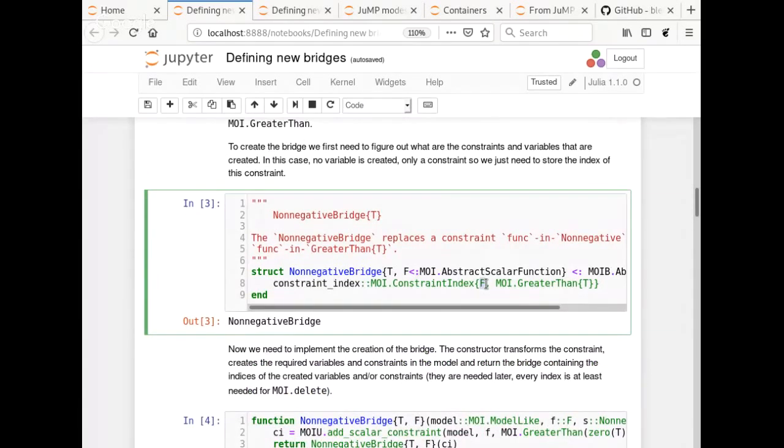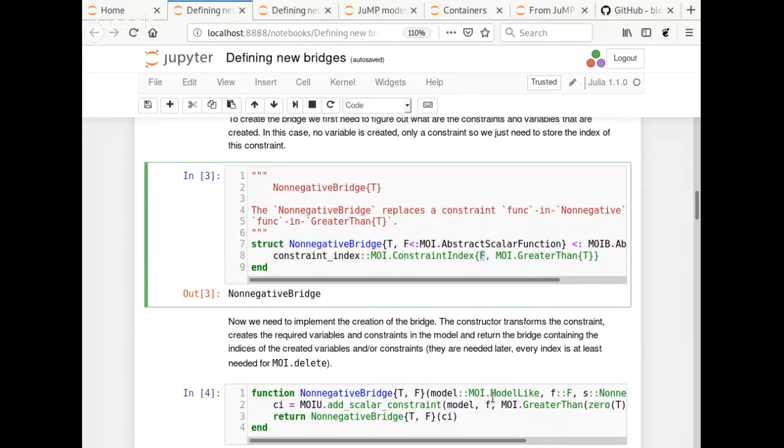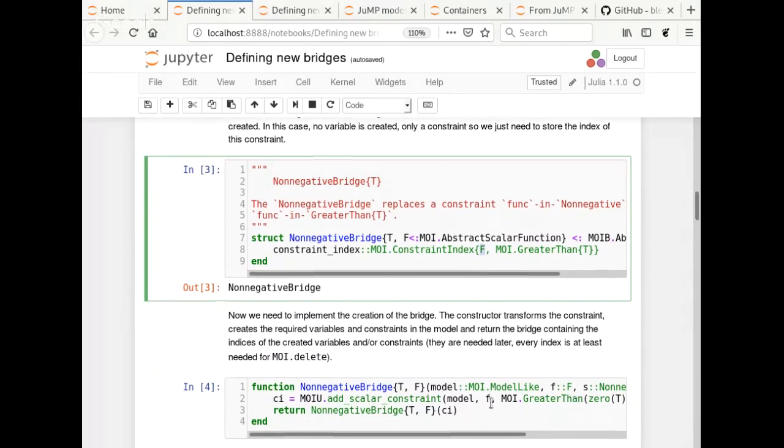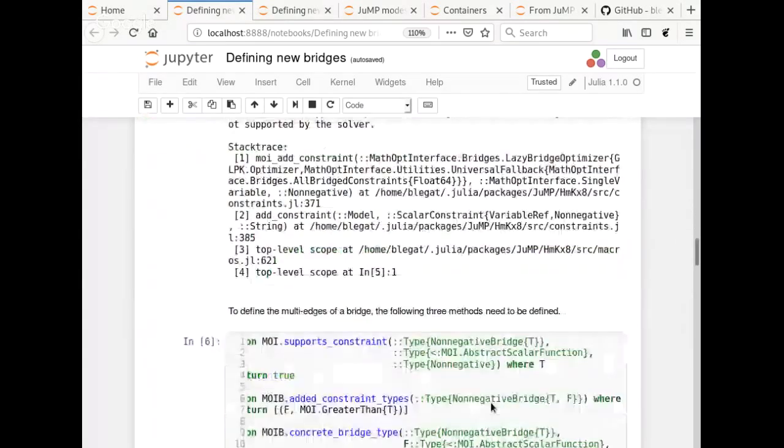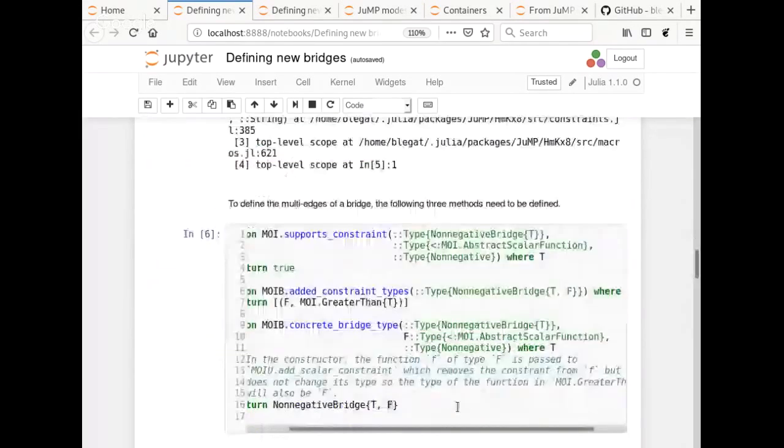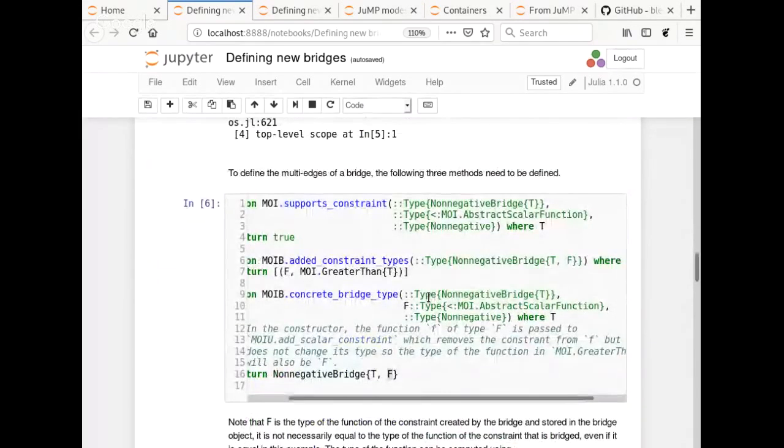Here it is the same type because we don't do any modification to the function, right? But it could be a different type. For example, if you need to do this function minus some constant, then this is a scalar variable, and because you need to subtract some constant, it will become an affine function. So here you may need to use